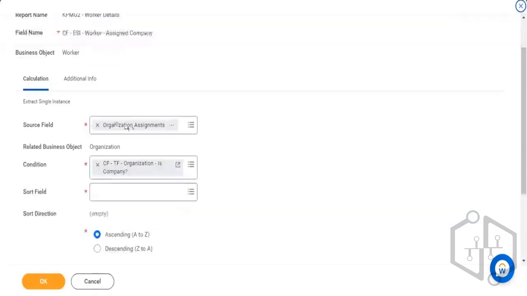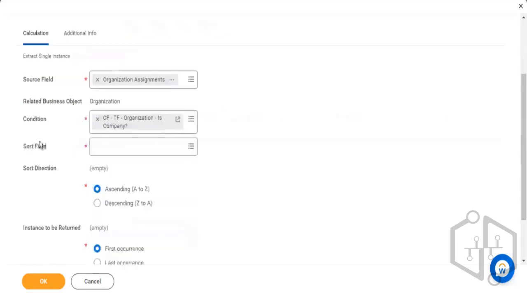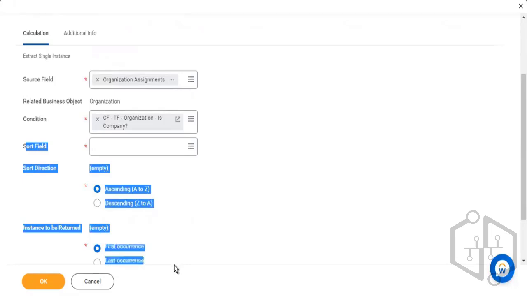So once again, the same logic applies. System checks each instance which is part of this source field and determines if for that instance this condition is true or not. If the condition is true, that instance is included in this field that we have created. Now in ESI, if you see, there are some additional fields as well. Now the reason for this is this field can ultimately hold only one instance, right? Now, if based on your